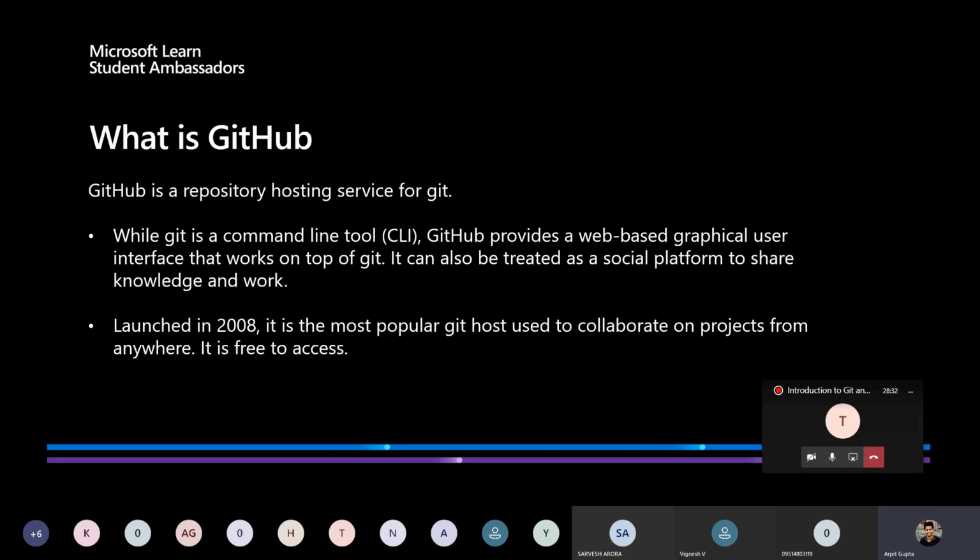Git is a command line tool, whereas GitHub is a web-based graphical user interface. You might know the difference between these two. So I'm moving on, and GitHub works on top of Git. It can also be treated as a social platform to share knowledge and work.